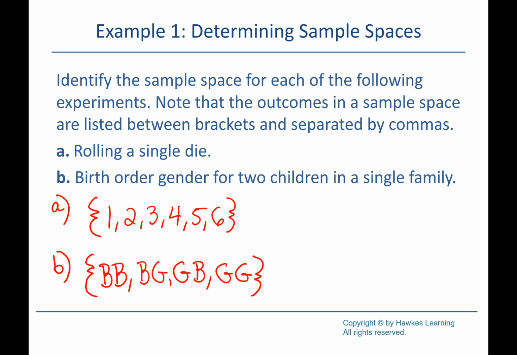Questions on the sample space? The sample spaces can get really complicated if you have a whole bunch of things happening at once. We're not going to get too complicated with it. We will have some where we have 2 events, like here we had the 2 children, but in general, we're not going to get too complex.